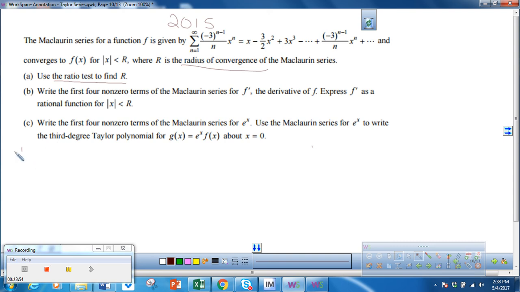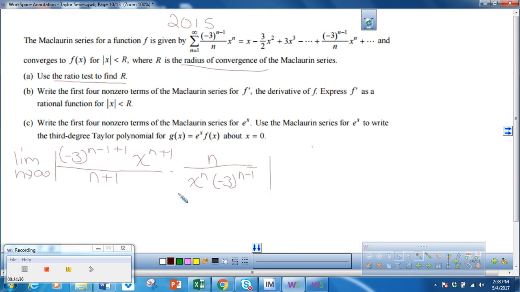So that's going to be the limit as n approaches infinity of the absolute value of (-3)^(n-1+1) x^(n+1) over (n+1), and then we flip it. So n goes on the top, and then x^n on the bottom, and (-3)^(n-1). Okay? So when we simplify this, the (-3)^n zeroes out with that, and so we're just left with,